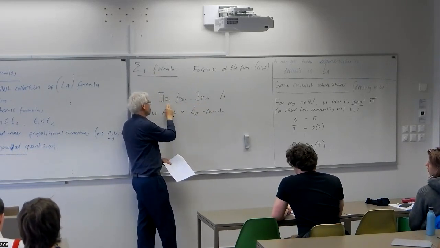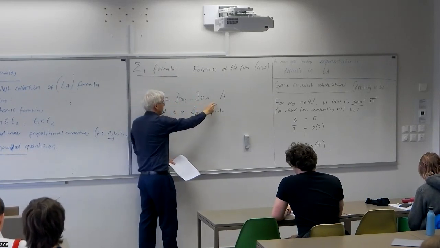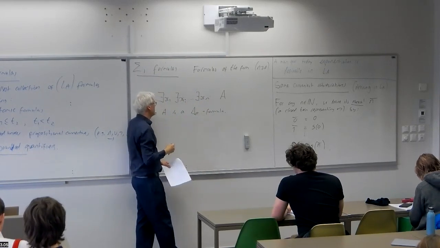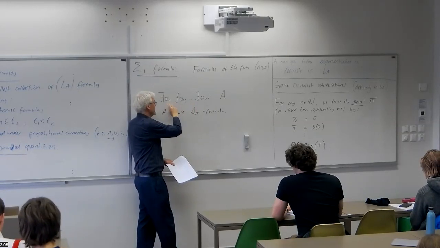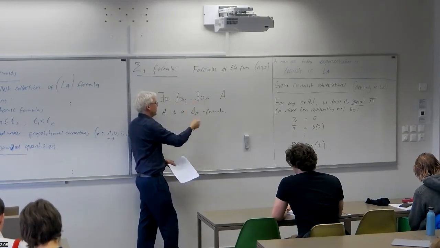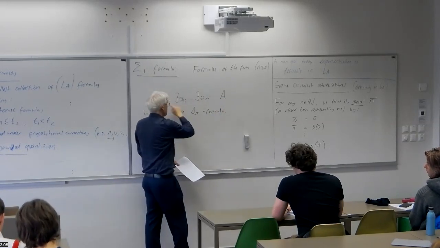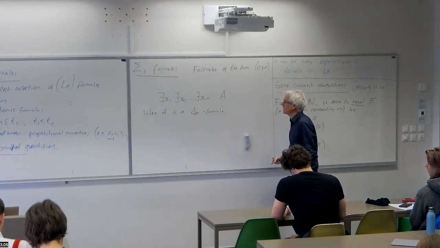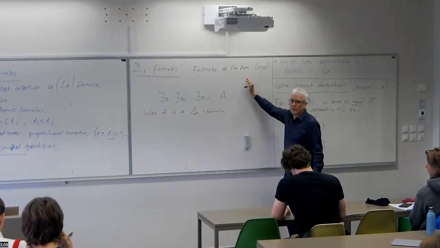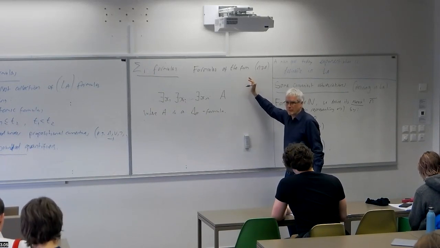We're asking, do there exist values x1, x2 up to xn that make this decidable property true? But there are no bounds here, so we don't know where to stop. If we ever find such an n-tuple, we'll be able to test it and see that the formula is true. So this is, in general, a semi-decidable property, not a decidable property. And it turns out that sigma 1 formulas represent all and only the semi-decidable properties of natural numbers.